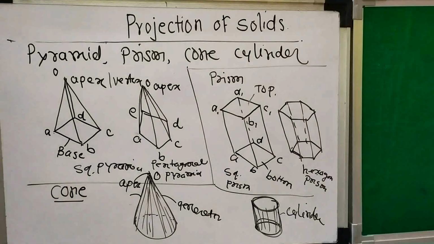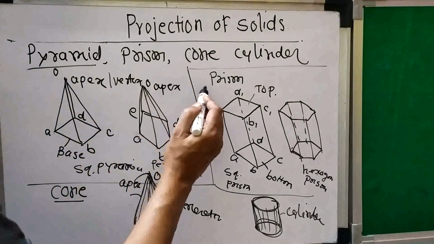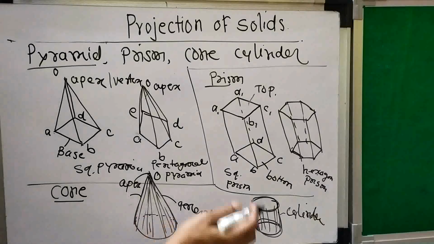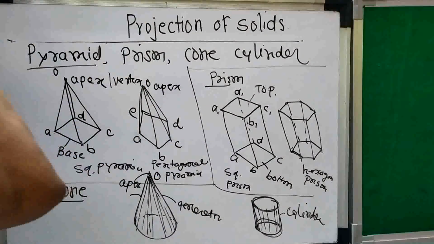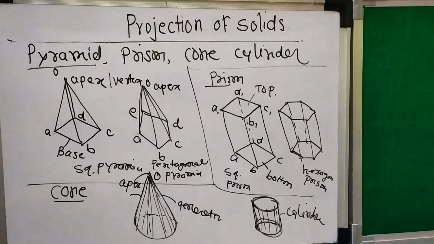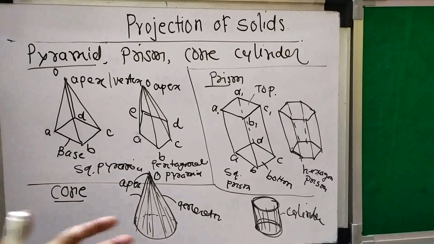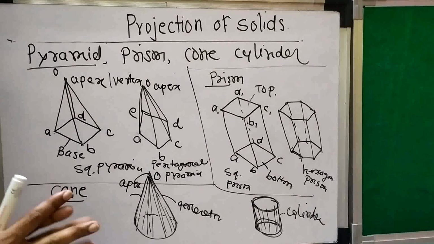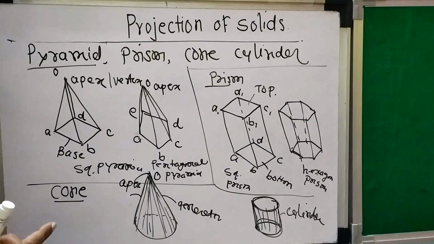So in this way you are going to solve the problem considering this type of solids. You can have a pyramid, you can have a prism, you can have a cone, or you can have a cylinder. Now whenever there is a question about a projection of these solids, you have to understand the language of this problem. So language is very simple. Language of the problem. What will be the content of the problem?